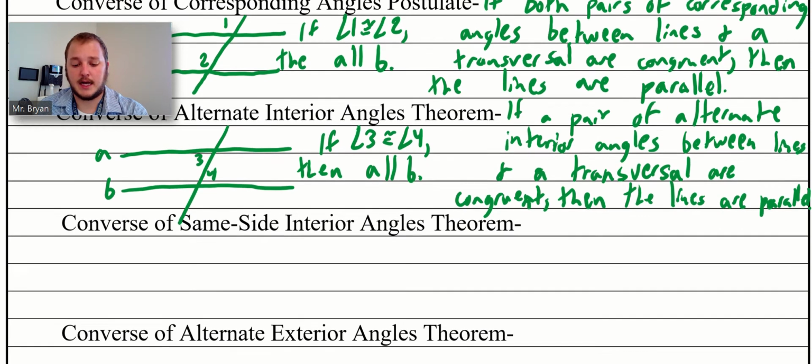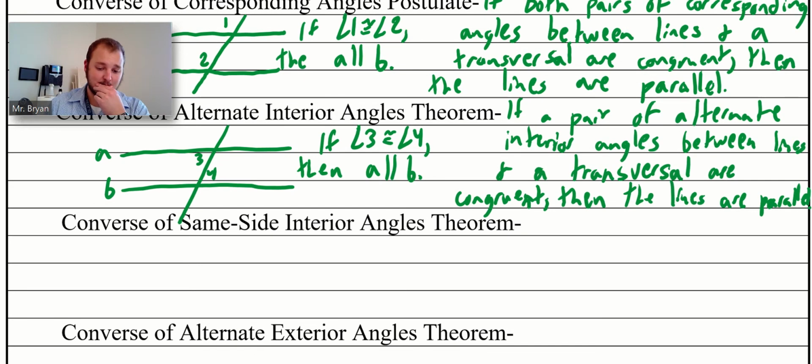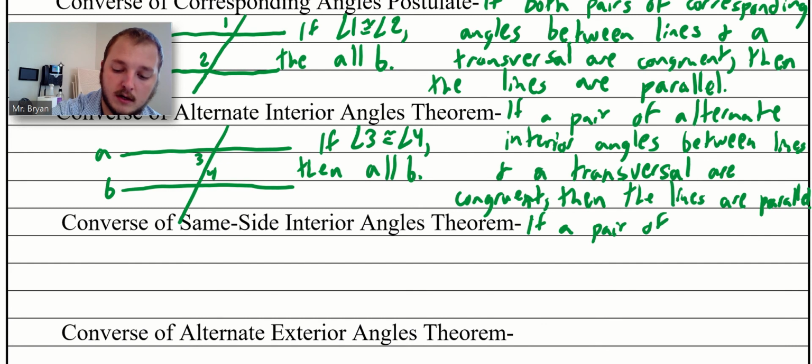Next one here, and this will be the last one that we write out completely. And we'll draw a diagram like this as well because I want you guys to make sure you have something in your notes to go back to. The converse of the same side interior angles theorem says this. It says if a pair of same side interior angles